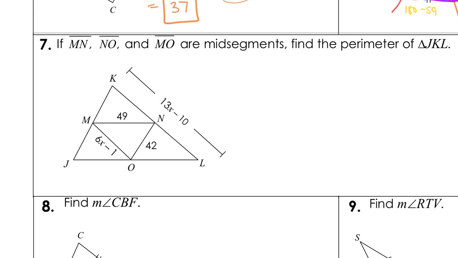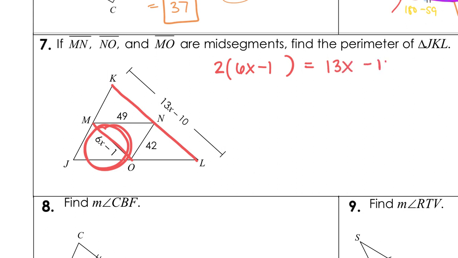So this one requires a little bit of work. So let's see. We first need to figure out what x is, right? Because in order to find the perimeter, I kind of need to know what x is eventually. So let's see if we can make an equation. I know that this side is parallel to this mid-segment. So remember, if I take 2 of these, that's going to be equal to the bigger side. So I want to do 2 times the mid-segment, which is 6x minus 1, and set that equal to